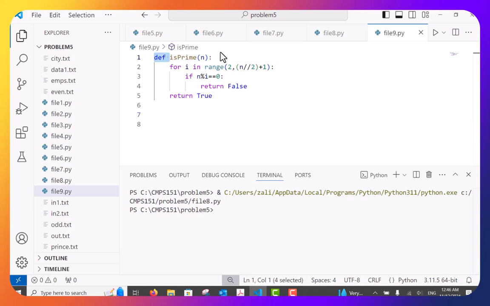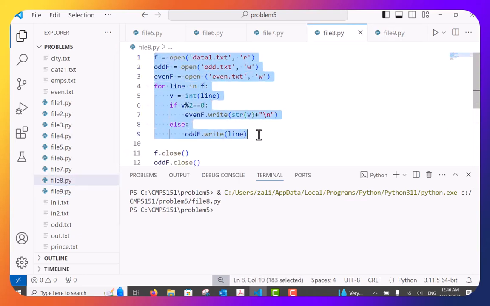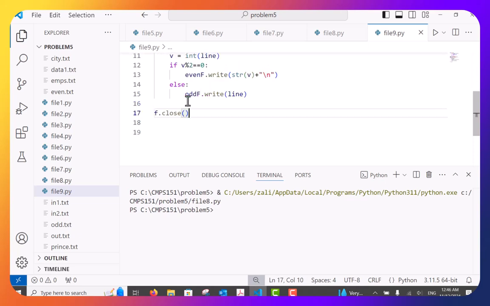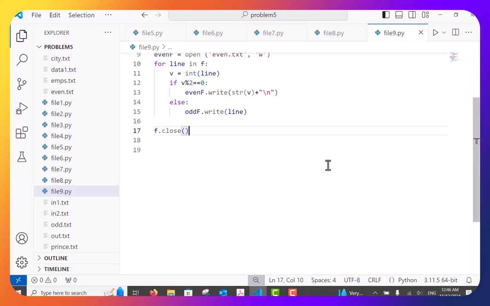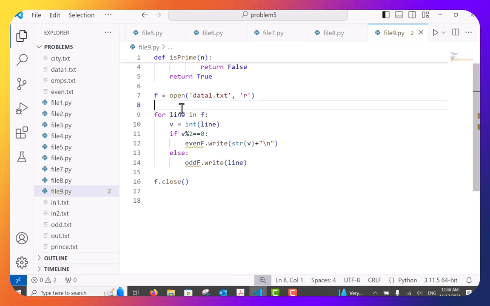We checked if the number is odd or even. So I'll go and steal the same code from here. I'll just use the lines I need, and let's see what's going to happen. Here, we open the file. Good. Now we need to